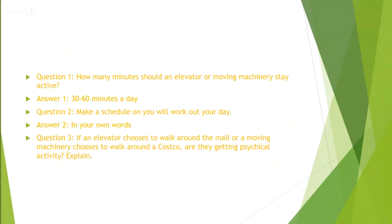So this is also to be turned in by Monday. You're going to make a schedule on how you will work your day out, what you're going to do on this day, when you're going to be physically active. This is to be turned in by Monday. And this is also to be turned in by Monday as well. So you have 4 things. The last thing that's due on Monday is you're going to explain